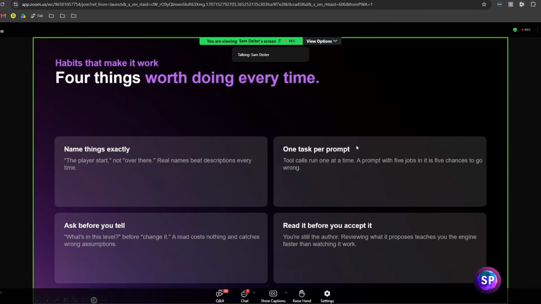Finally, read it before you accept it. AI is always going to want to write a plan. It will try to jump straight to writing code. It can be very eager to do that, but it will also always write a plan. You need to make sure you read the plan thoroughly before you accept it. Nine times out of ten, the reason something didn't get implemented correctly is because the AI misunderstood your intention and built it according to the plan, but it was according to a plan where maybe it had a slight misunderstanding inside of it.